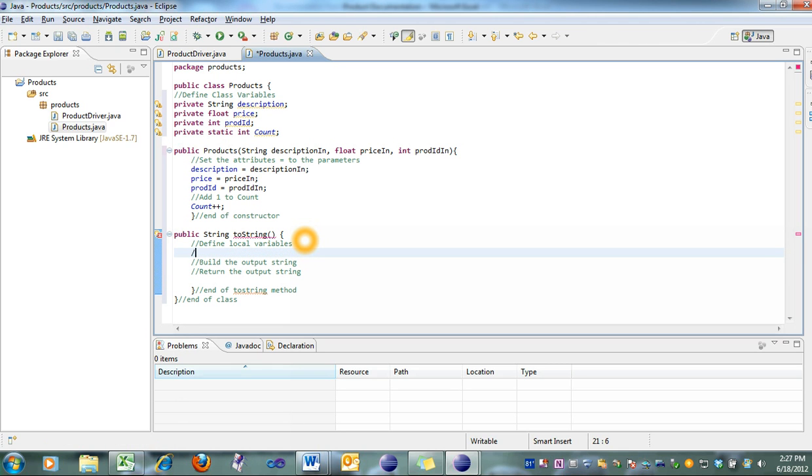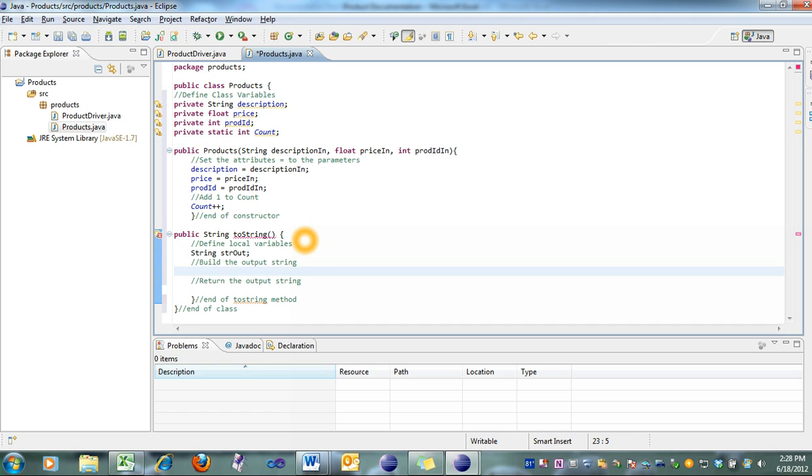Our local variable is the string toString. So we're going to do string strOut. Okay, then we're going to start building our output string, and we build our output string using concatenation. So it's going to be strOut equals description